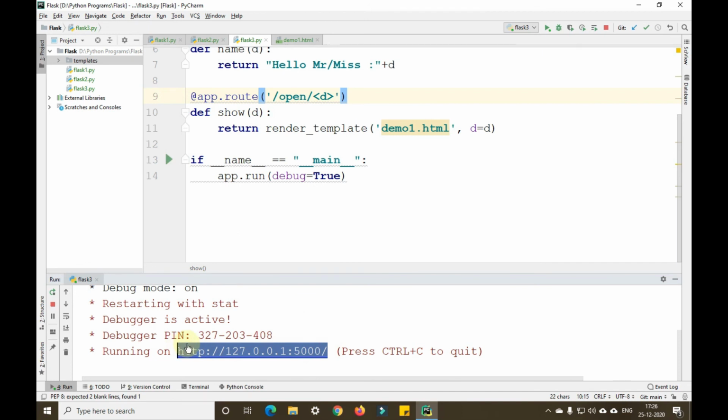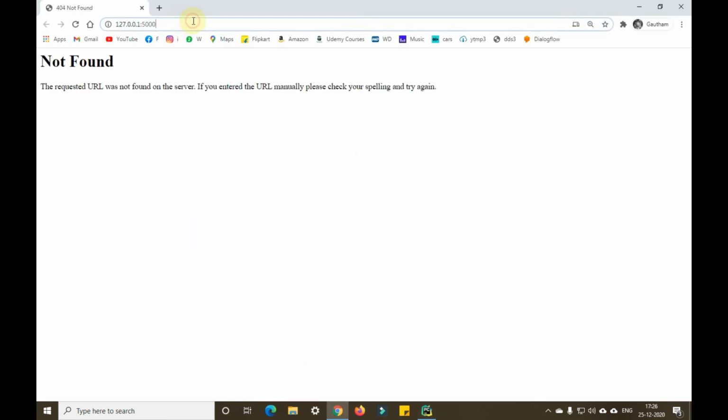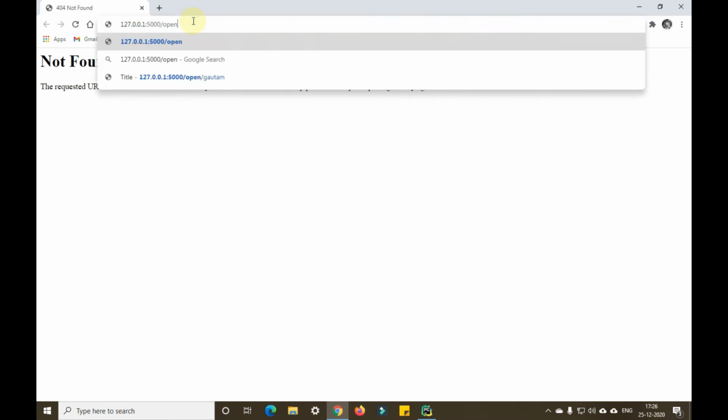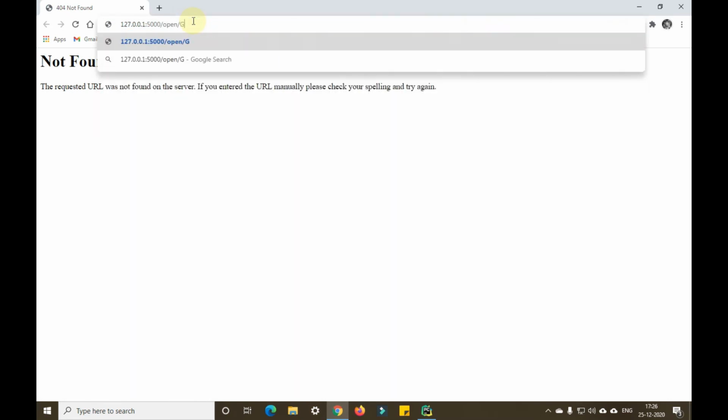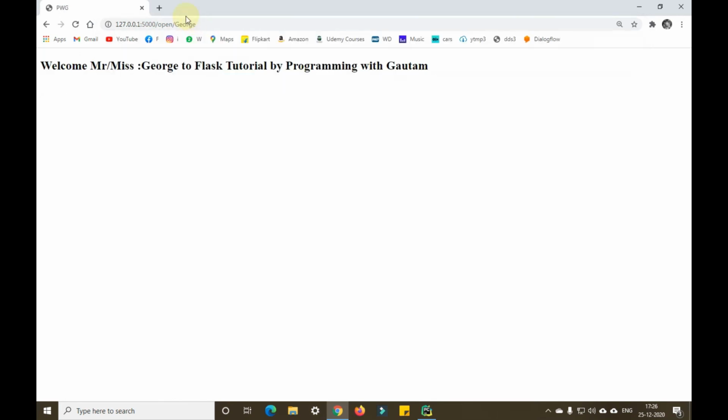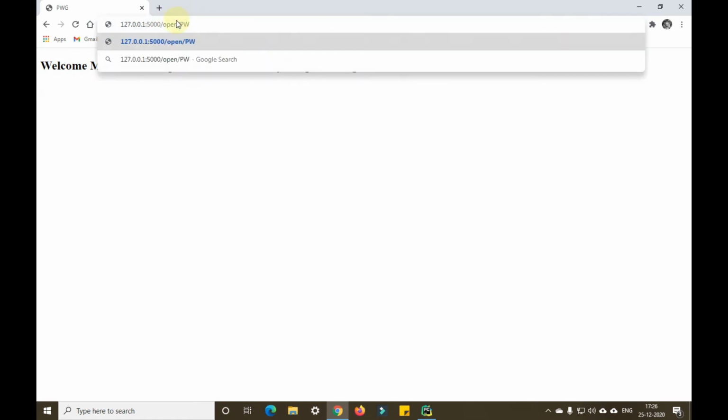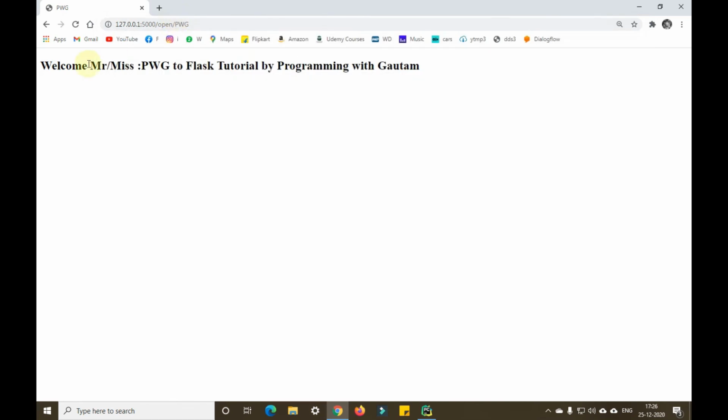I'll copy this URL and click on it. It will open the browser for me. Here I'll type open, George. As you can see, it is showing Welcome Mr. or Mrs. George to Flask Tutorial by Programming with Gautam. With PWG, it shows Welcome Mr. or Mrs. PWG to Flask Tutorial by Programming with Gautam.